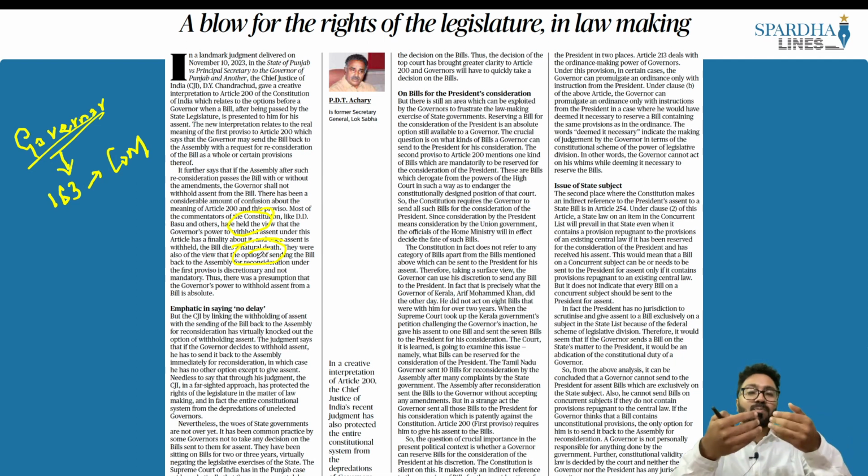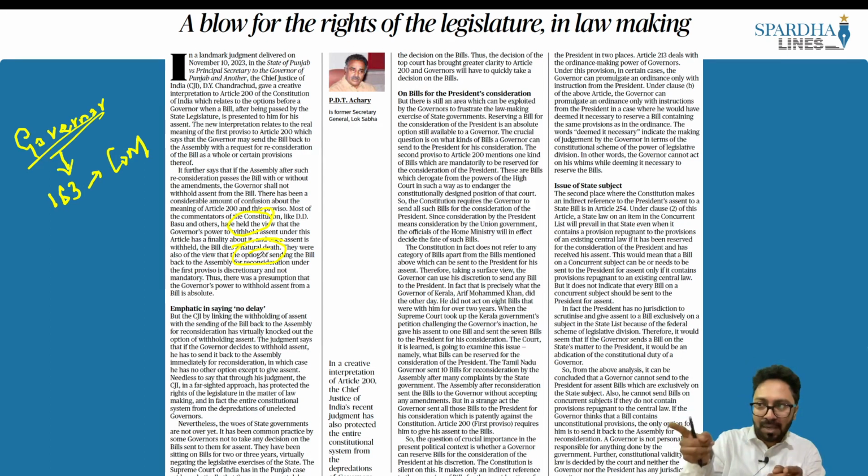But do we have the proper constitutional ethos being followed? No. In the rest of the cases, even if it is a minor bill, it is being referred to the president, and ultimately the president does not have any time bar prescribed, and he continues to keep this bill for a very long period of time, and ultimately this bill will not be implemented. So in this backdrop, the Supreme Court has once again clarified that